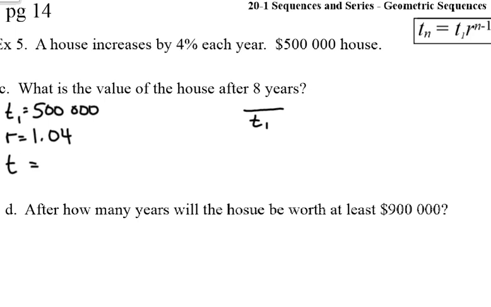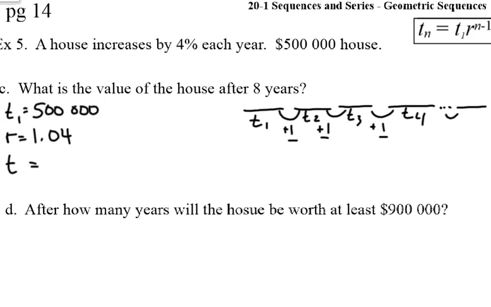So term 1 is where we started. We're adding 1 year to term 2. We're adding a year to term 3. We're adding a year to term 4. So term 2 is after 1 year. Term 3 is after 2 years. Term 4 is after 3 years. So